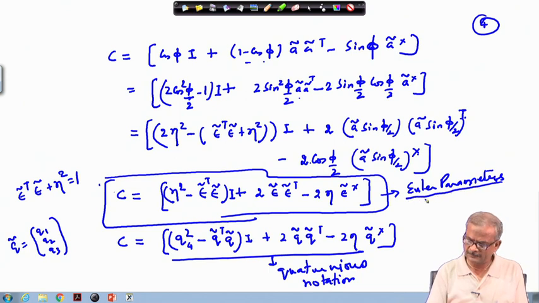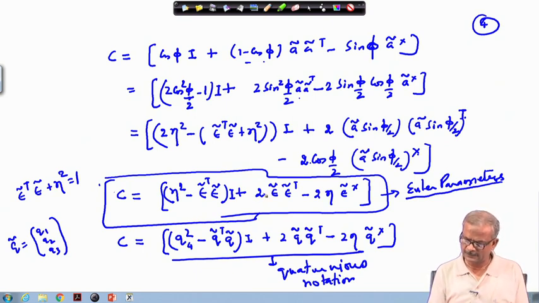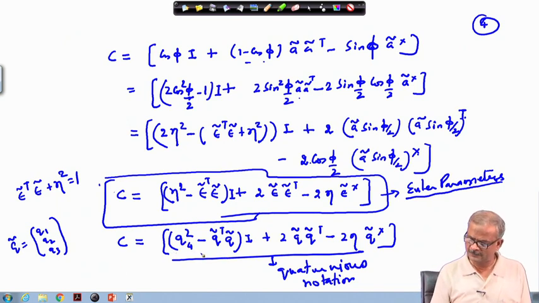Both are equivalent, but they are not exactly the same, as I have stated earlier. But this notation you can use without any problem. Either use this or this notation, your calculation will be free from any errors. The only thing is that you have to treat this as a vector. Once we are dealing with the matrix and the vector, we have to follow their rules.